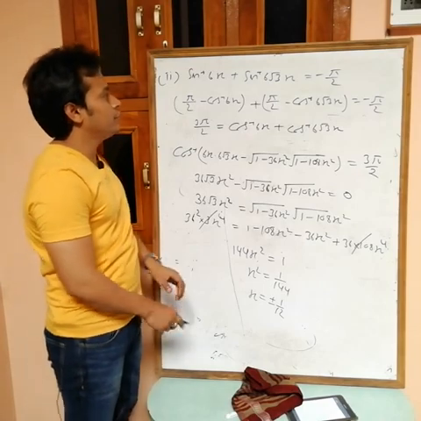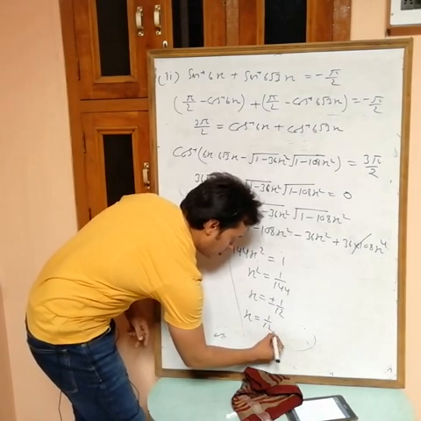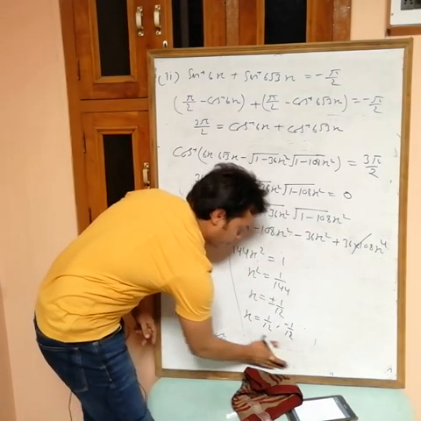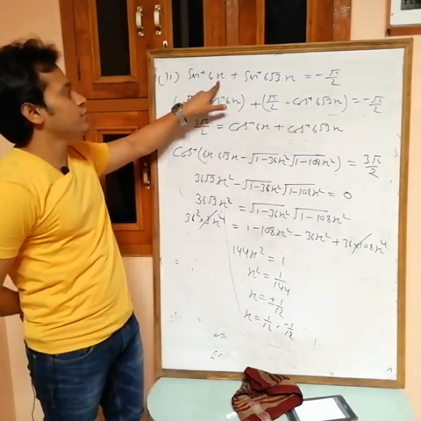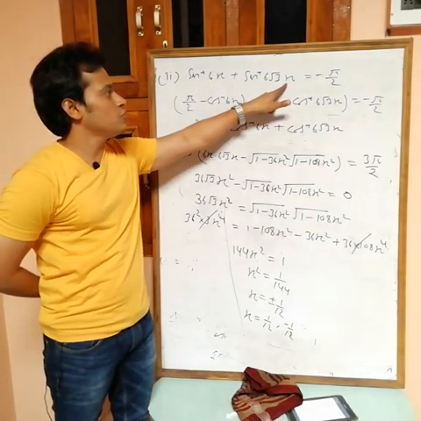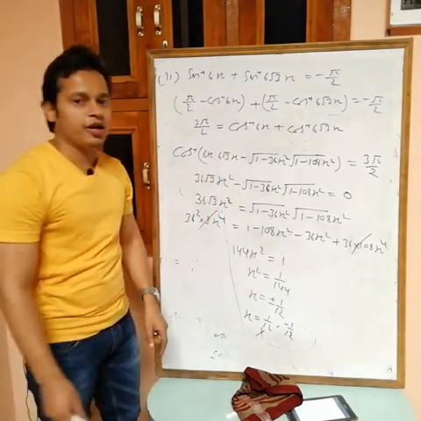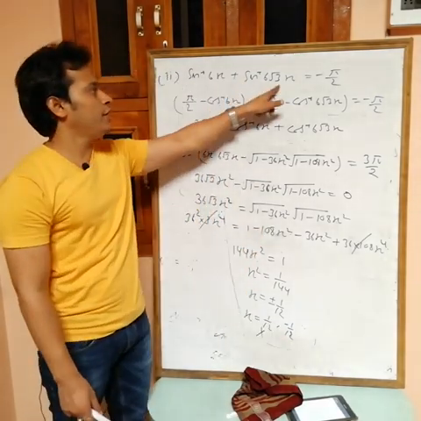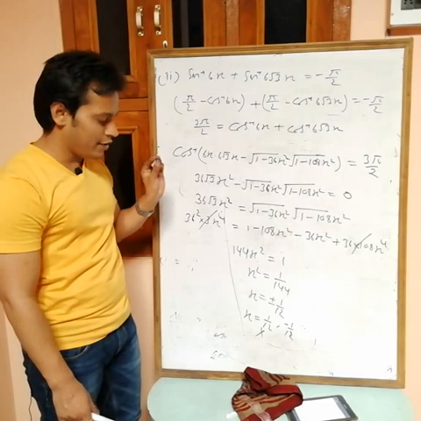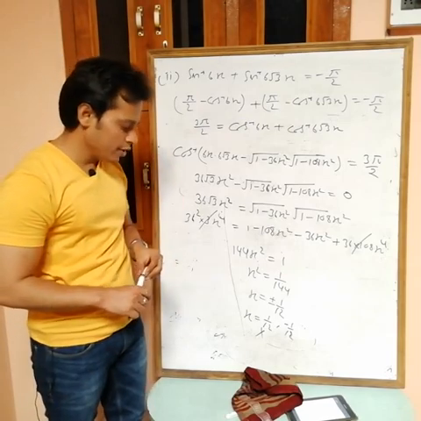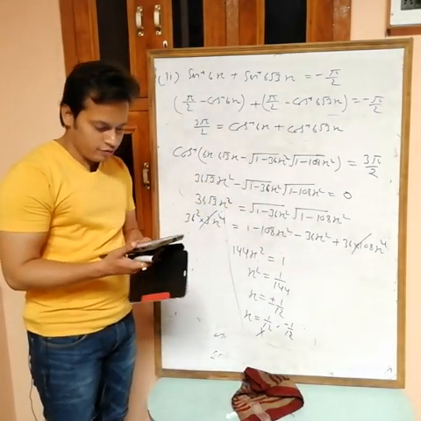Now again, what are we getting? x equals 1 by 12 and minus 1 by 12. Again we have to check whether both are satisfying or not. If you take the positive value of x, then this one is positive, so sine inverse is positive, and this one is also positive, so sine inverse is positive. The sum of two positives can't equal minus pi by 2, so you can't take 1 by 12. If you take minus 1 by 12, both are negative, and the sum of two negatives may equal minus pi by 2. So the answer is minus 1 by 12. Okay, now the remaining we will take in the next lecture.